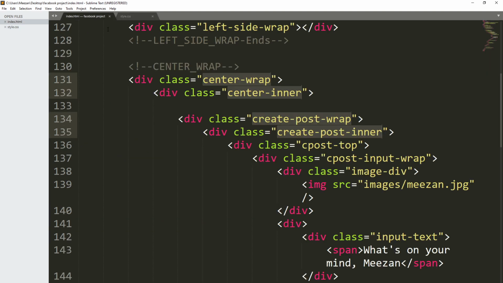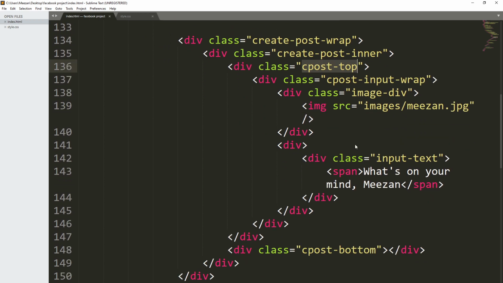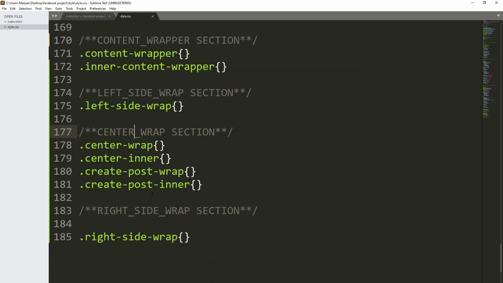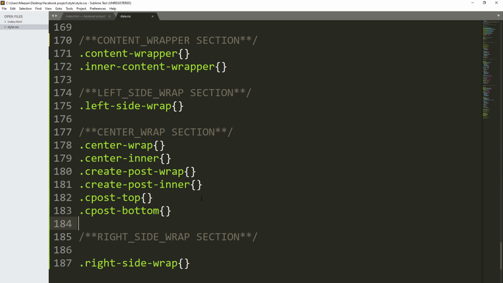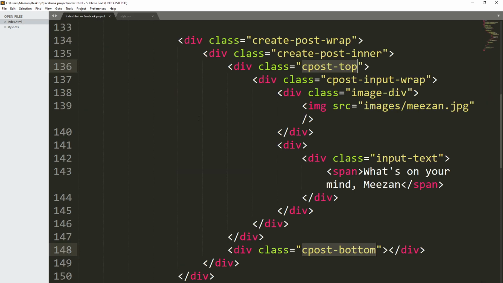So add this, see post top, which is the create post top section, and we also have a bottom section. So we'll copy this as well, and we are going to paste it here. So we'll say cPostTop is a class, and save this, and let's go back to the index.html file, and inside the cPostTop we have a cPost input wrap,